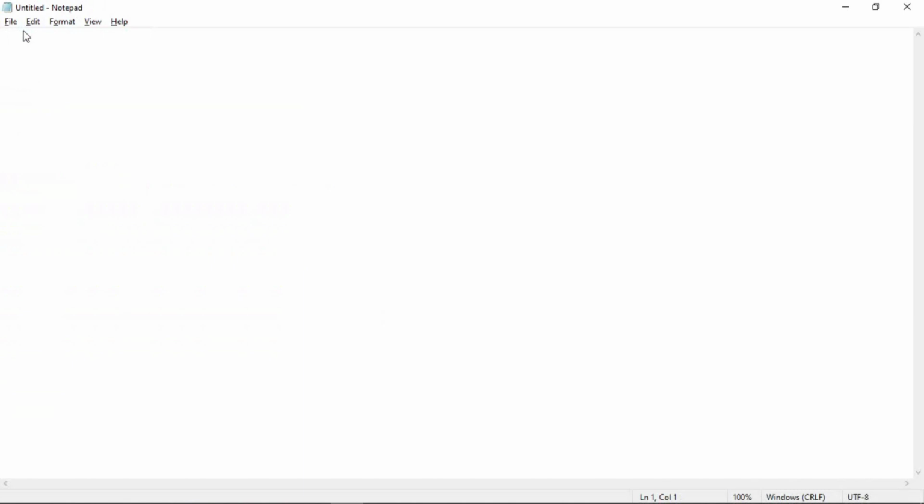So to write a program, first of all open notepad, then the first line is doc type HTML, that is document type is HTML. After that HTML tag start and end of HTML, then add a head tag. So head tag start and end of head. Within the head, let us add a title tag.